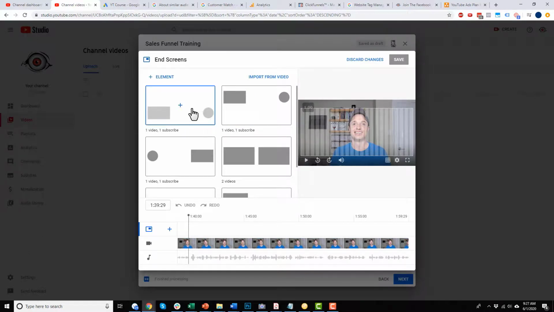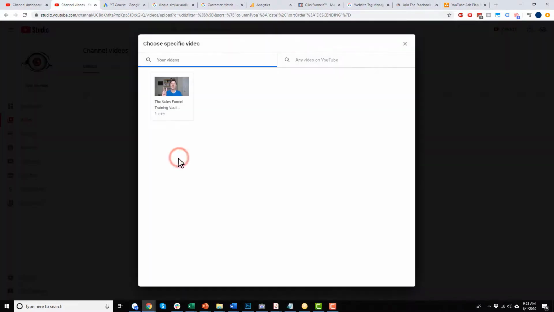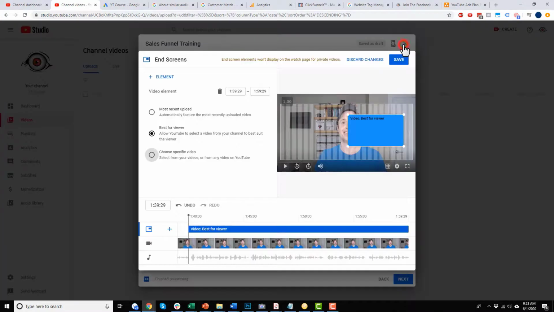But they give us a few pre-established templates, so you could click one of these templates, or you could come up here to add elements, so you could be like add video, and so it adds that video element, and you could play around with it, resize it, all that type of stuff. And you select most recent upload, best for viewer, choose specific video, and so on. So pretty self-explanatory. You've probably seen end screens before, so this is how you set it up.